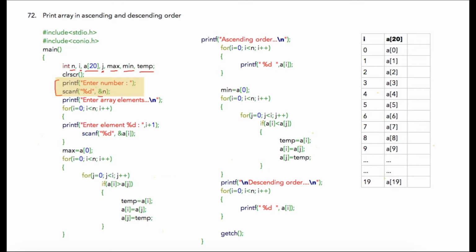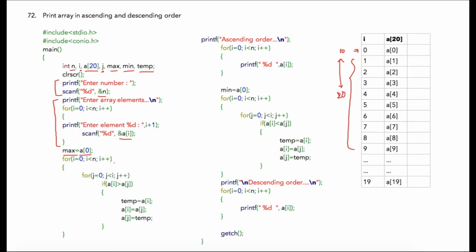That will be stored at the address location of n. Then after that, I'm asking the user to enter all the array elements, which will be stored at the address location of a[i]. And after that, I'm initializing a[0], that is the first element of our array, into max. We are just initially assuming a of 0 as the maximum value. So the logic for this program is that we need to check each value with the rest of the elements in the array, and if we find any maximum number, then we need to swap those values. So suppose 10 was a of 0 and suppose somewhere a of 4 is 20, then we need to swap